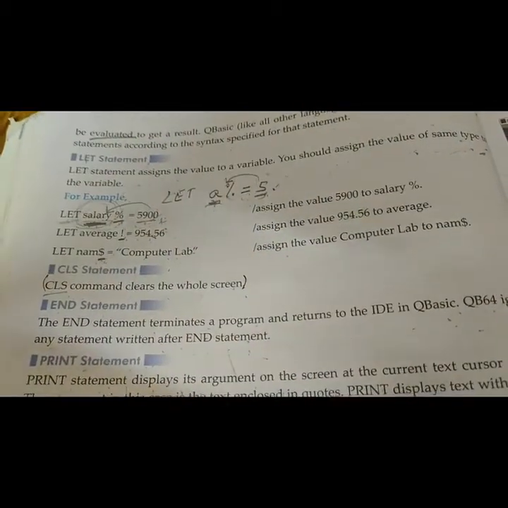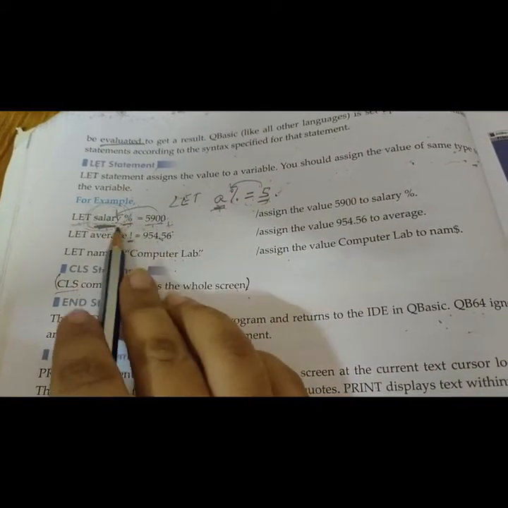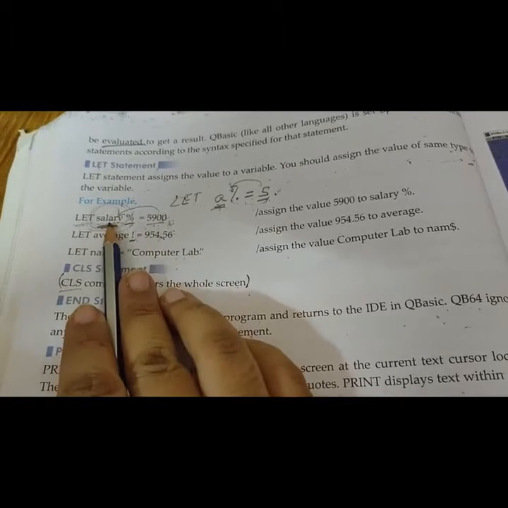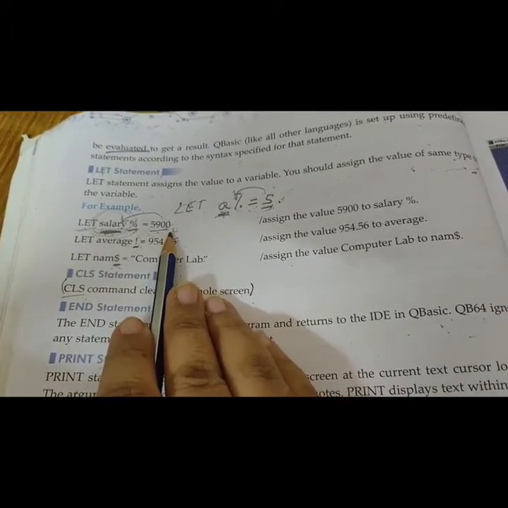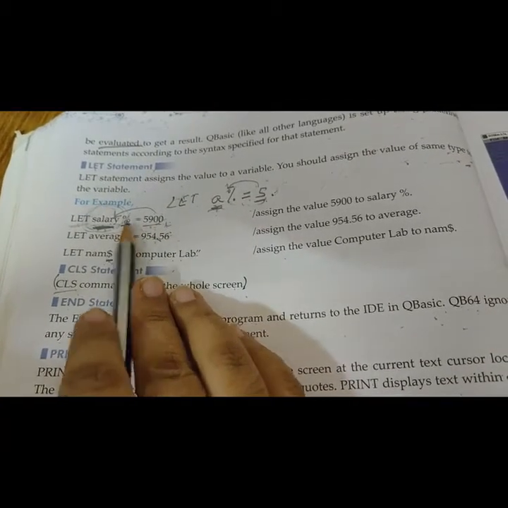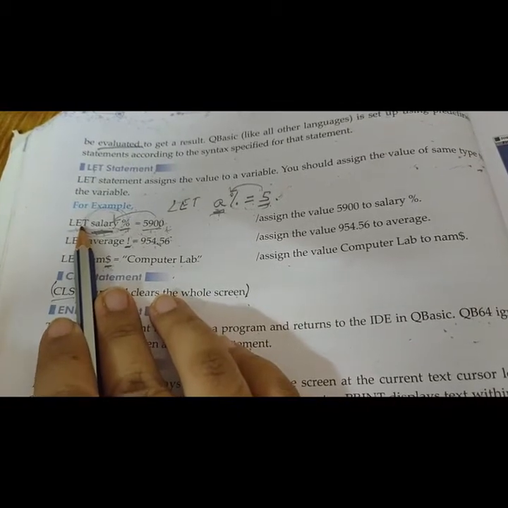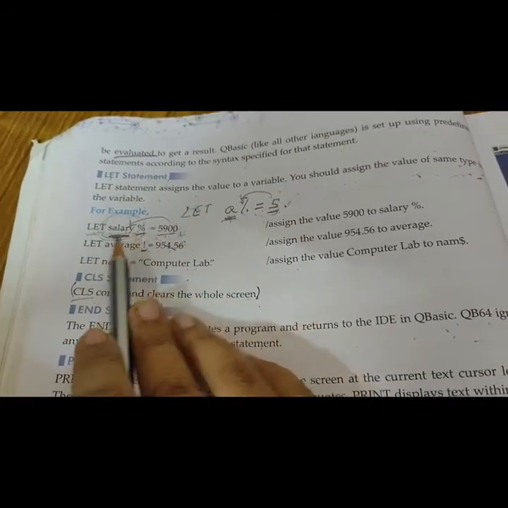So the symbol is very important with a variable. You have to mention a symbol with a variable so that you can determine which value you are assigning. This is an integer type value, so it is a percent symbol. And here is the LET statement, which is used to assign a value to a variable.